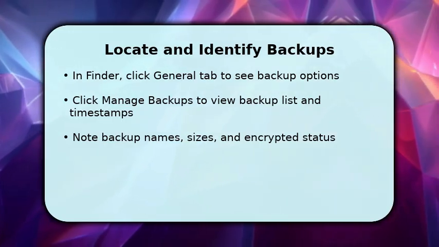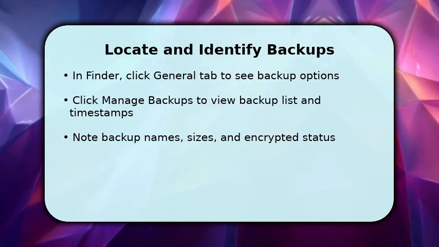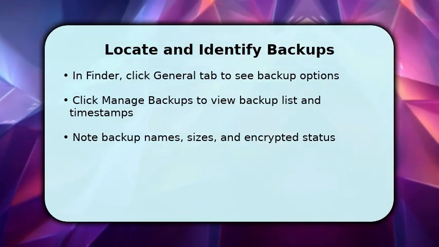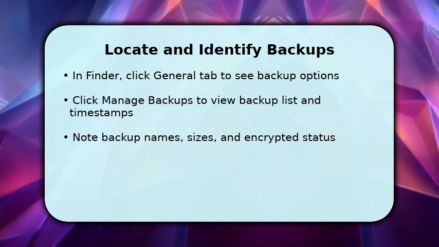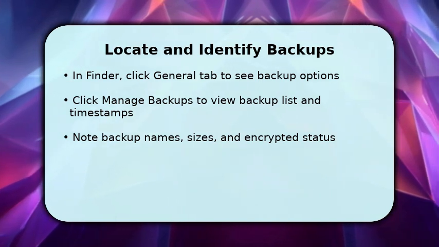If you need the backup file location on disk, open Finder again and press Command plus Shift plus G. Then enter the backup folder path to inspect files directly. To finish, locate the actual backup folder at